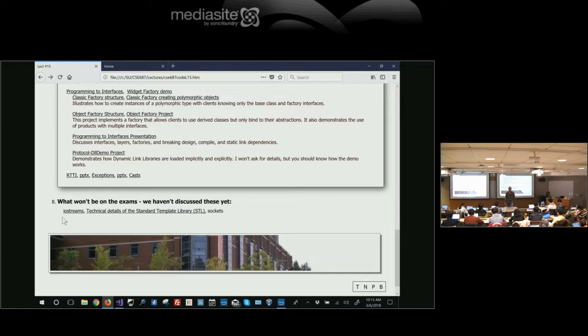We will cover that, but we haven't covered it yet, so I won't ask you about those details. Again, technical details of the standard library. You need to know what vectors do, what strings do, what unordered maps do, the way they behave, both their syntax and semantics. But the rest of the stuff, no.